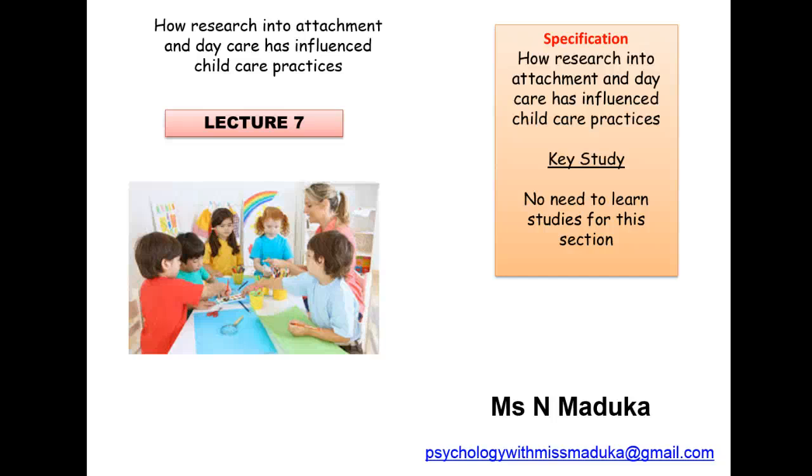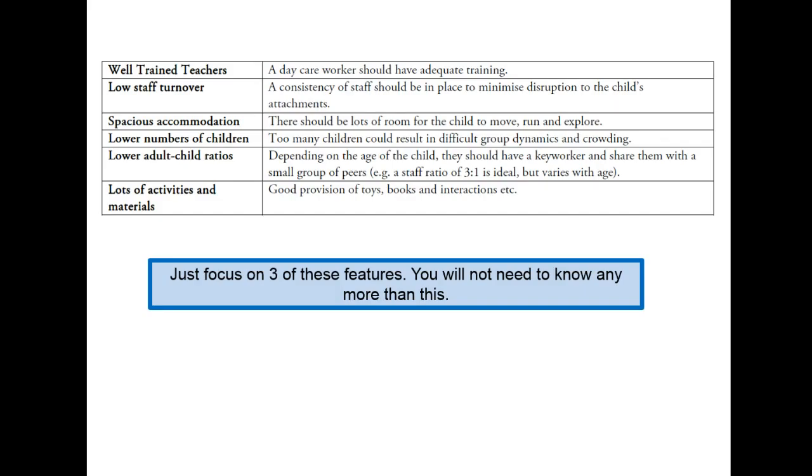Hi, welcome to the final section of developmental psychology, and we're going to focus on how research into attachment and daycare has influenced childcare practices. Again, no need to learn any studies for this section. It's really straightforward. It just basically shows us that based on all previous research that has happened,